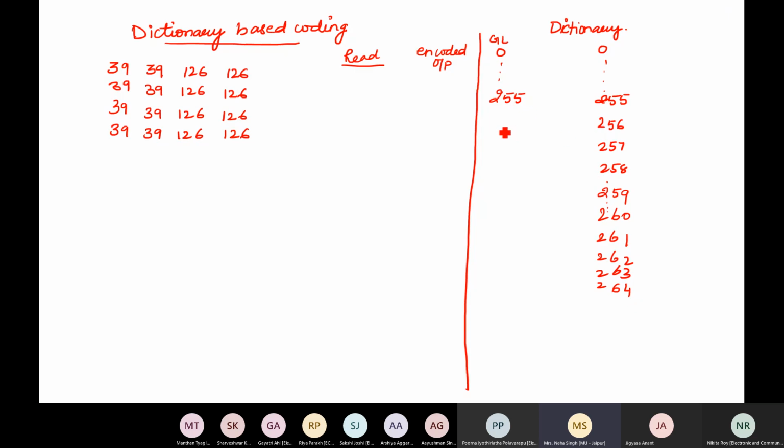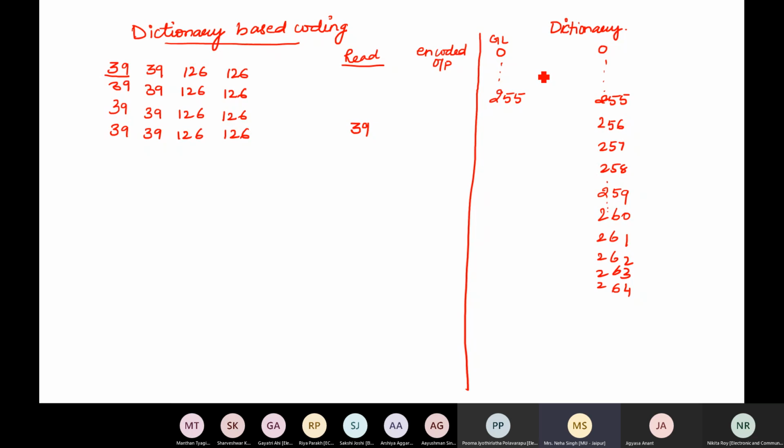264, let's see. So now what happens? I read the first value 39. When I read the first value 39, I look into my dictionary and try to find out where this gray level 39 is located and what is its encoded value.